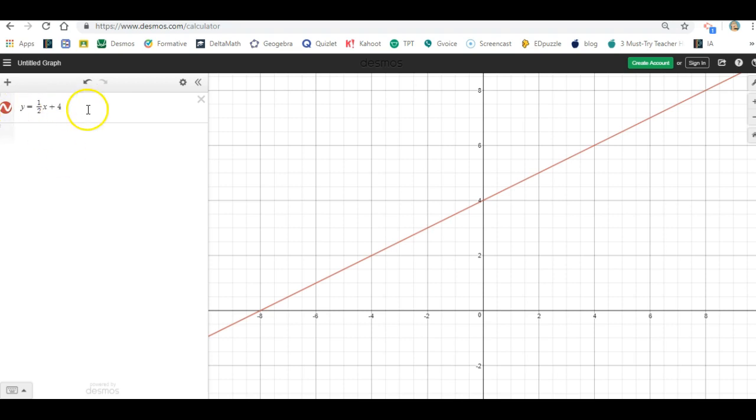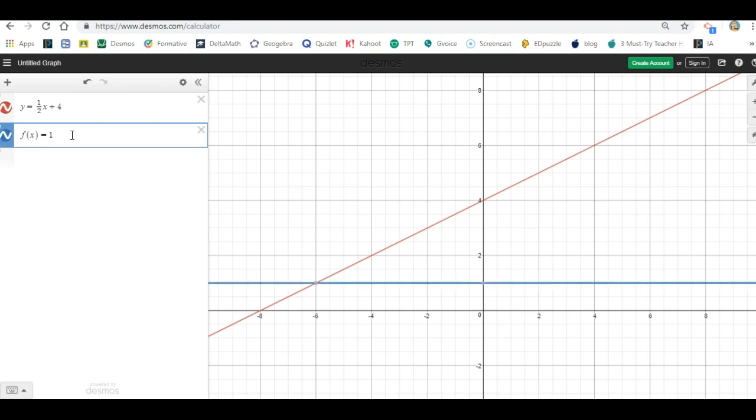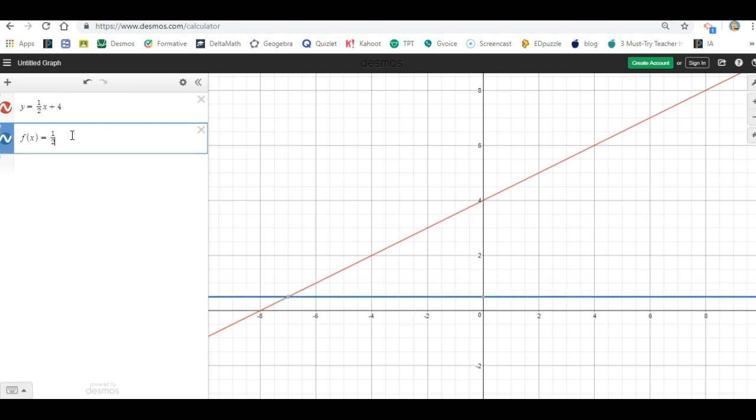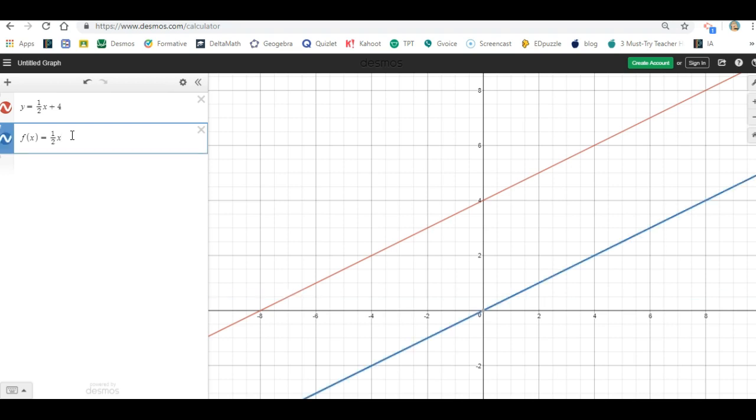So that's our basic way to graph it. We can also use functional notation. So we could say f of x is equal to 1/2 x plus 4. Now, I prefer the functional notation just because there's a lot more students can do with it. Notice I've got both of these right here graphed on top of each other. You can turn them on or turn them off just by left clicking on that little circle on the left there. But as I was saying, I like using the functional notation because later on we can evaluate that